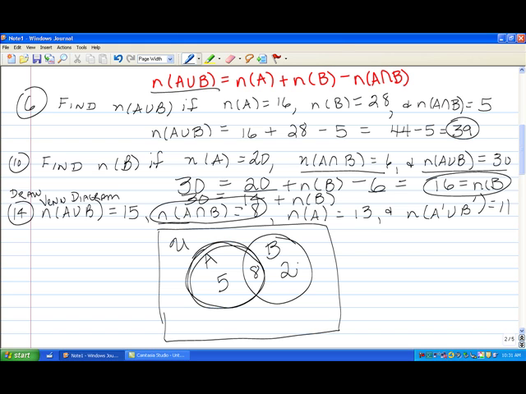Okay, so A complement is everything outside of A. So I already have everything outside of A. I already have 2. And then B complement is everything outside of B, and I already have 5 from that, so I've got 7. So that means we would have to have 4 more in the region outside of A and B. Okay, so that was a little bit